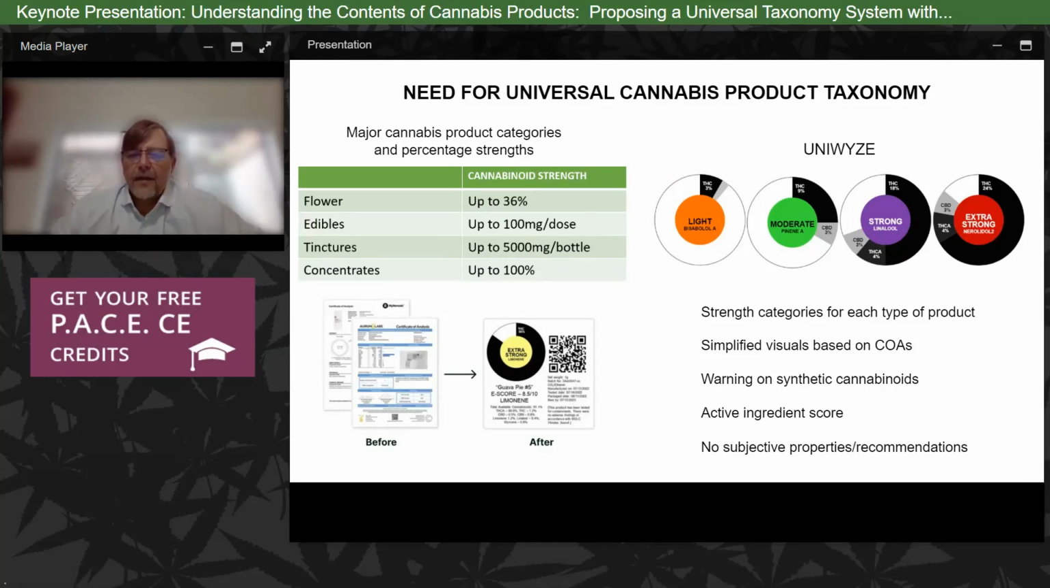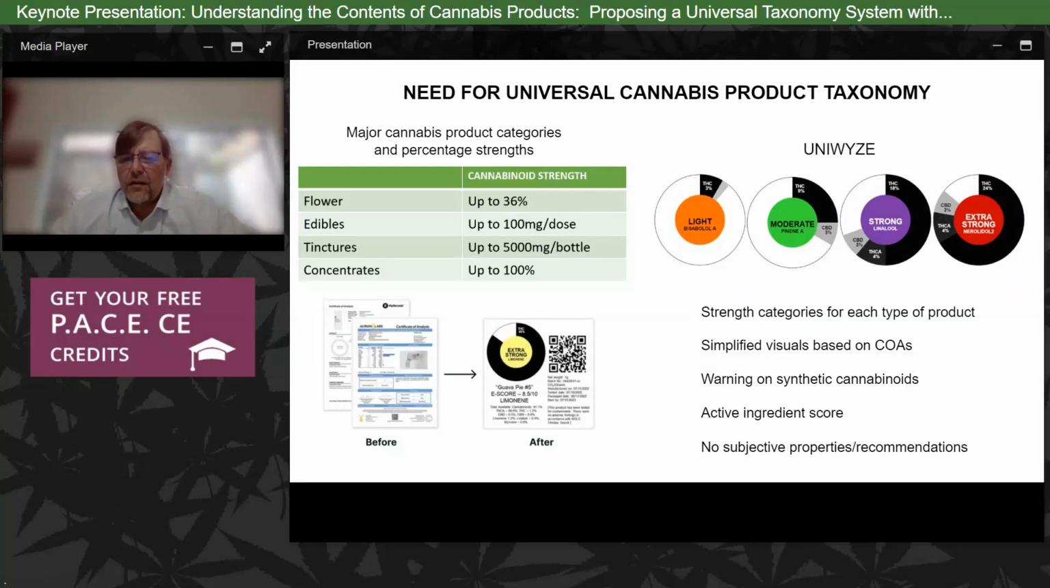Edibles quite often can be 5 milligrams a dose or up to 100 milligrams. Tinctures can be a 100 milligram bottle of cannabinoid, sometimes 5,000 milligrams a bottle of cannabinoids in different volumes. Concentrates can reach up to 100% if it's a pure isolate. And so we need to standardize and create a taxonomy for these products. Uniwyze has attempted to do that,